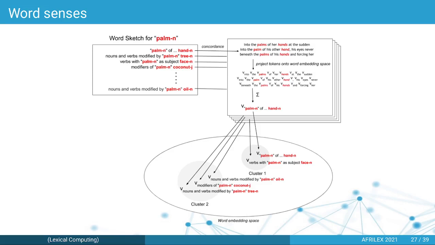So we use a clustering algorithm to cluster individual concordance lines, individual corpus occurrences, based on the word sketches into separate clusters, where each of the clusters would ideally represent a single word sense. Now, of course, there's been a great lot of errors, but what we have realized is that from the post-editing perspective, the most important thing is that the clusters are not mixed, that each cluster actually consists of just a single sense, because then it is very easy